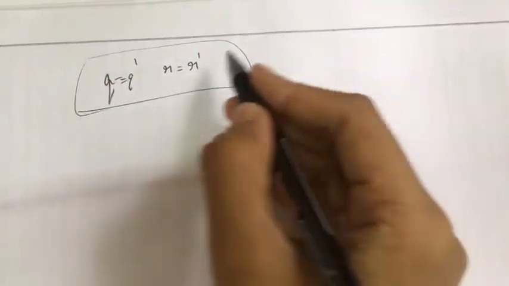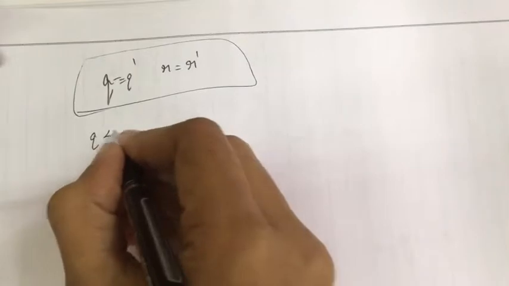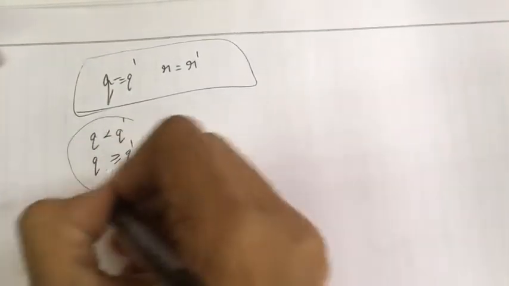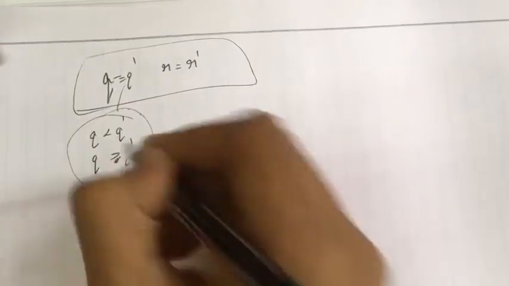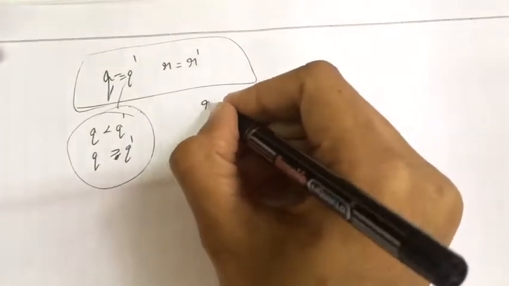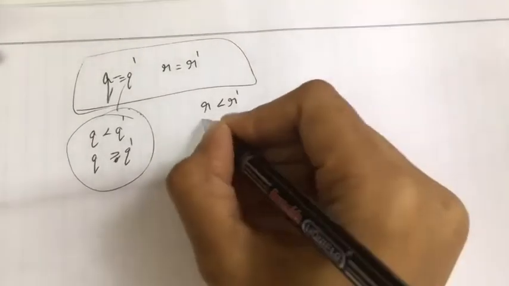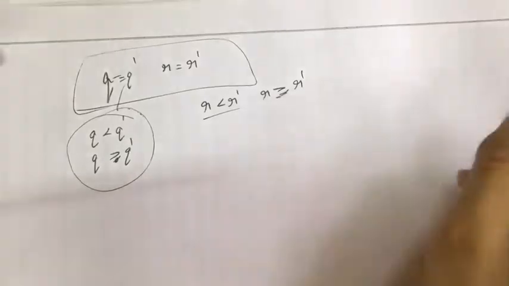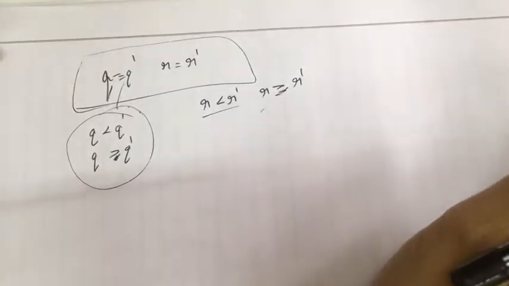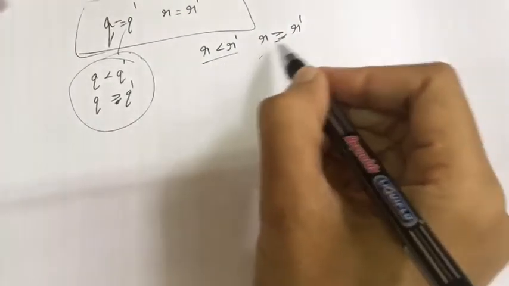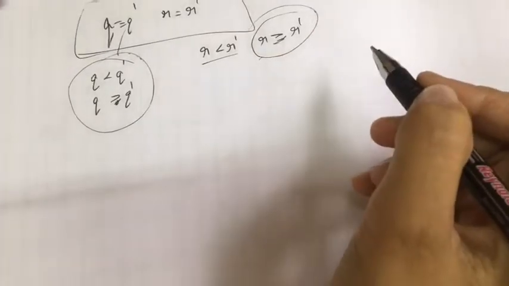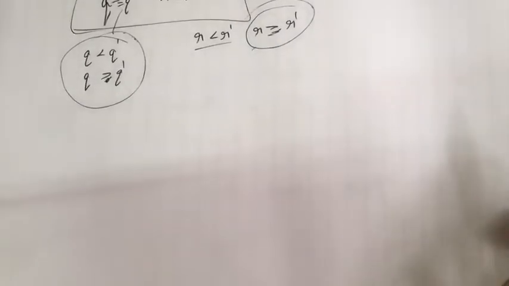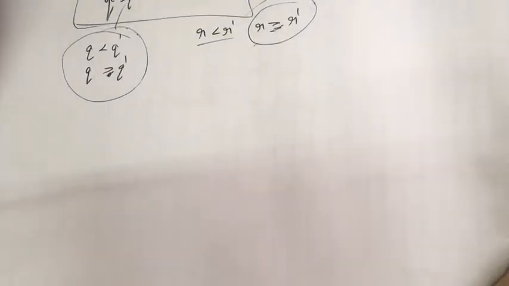So I don't know. I can take Q less than Q dash or Q greater than or equal to Q dash, and I can prove this is equal to this, okay? Or else I'll take R is less than R dash, and if I can prove like this, then I can say that R equal to R dash, okay? So I'll take up one part, R is greater than or equal to R dash, and I'll end up showing Q equal to Q dash, therefore R equal to R dash, okay?